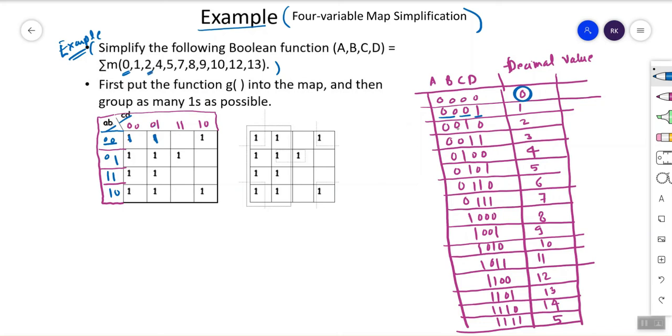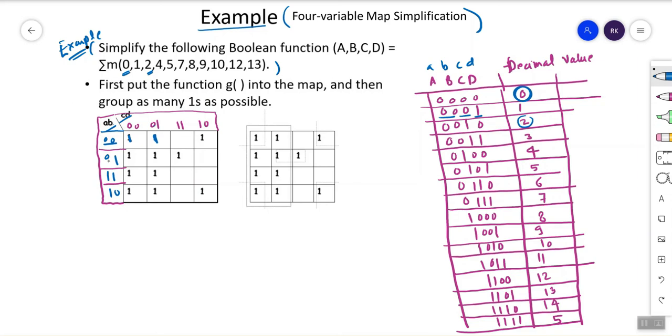So 2 is this, and what is the entry for a b c d, whether you write it capital or small, no problem, it has the same meaning. Now fill the entry 0 0 1 0, so you write 2.